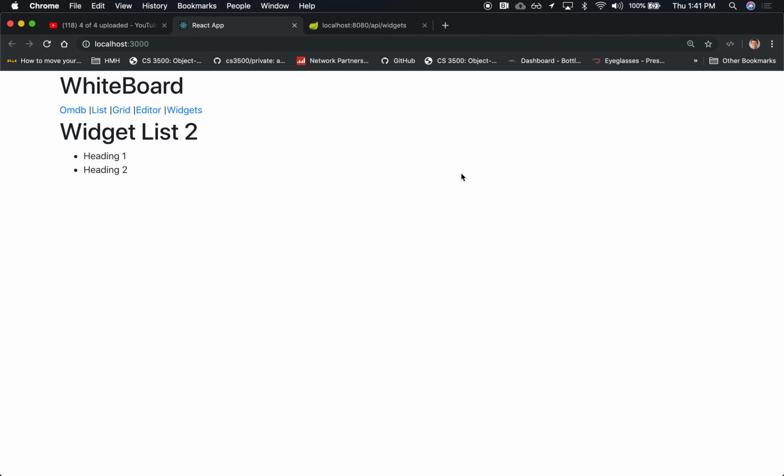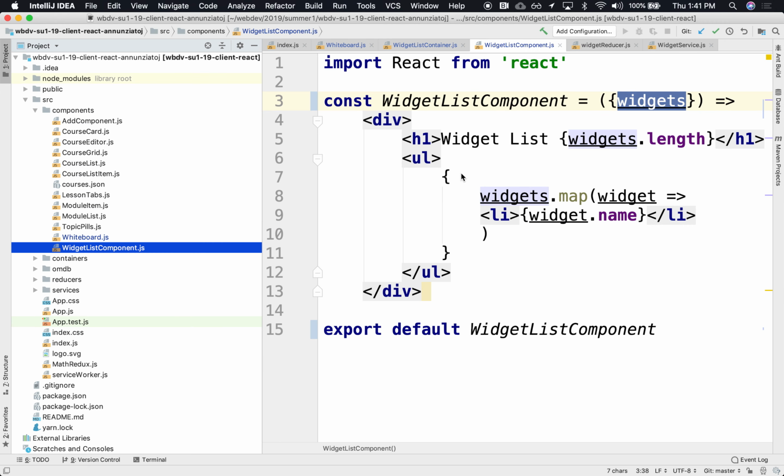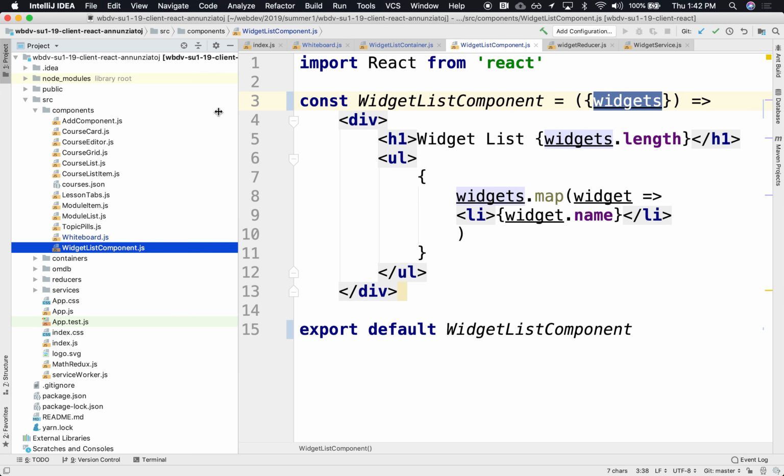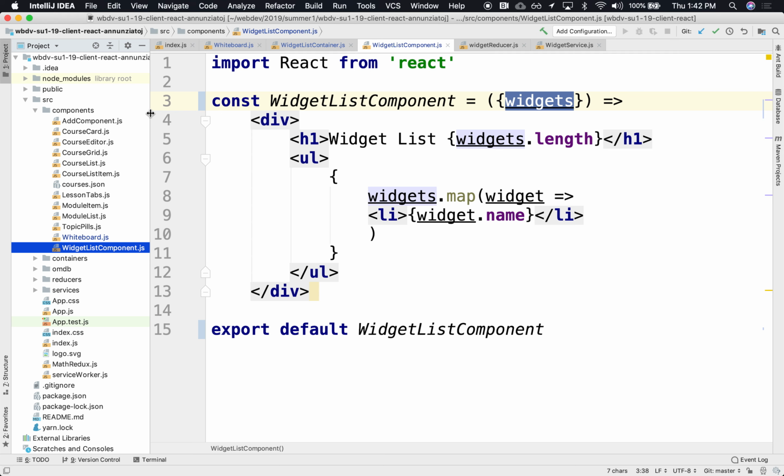Refresh. Okay. One of the things I would like to be able to do is somehow kick off the HTTP request out to the server, because we need those widgets from the server. Actually, we know how to do that already. We can use fetch to fetch the widgets,